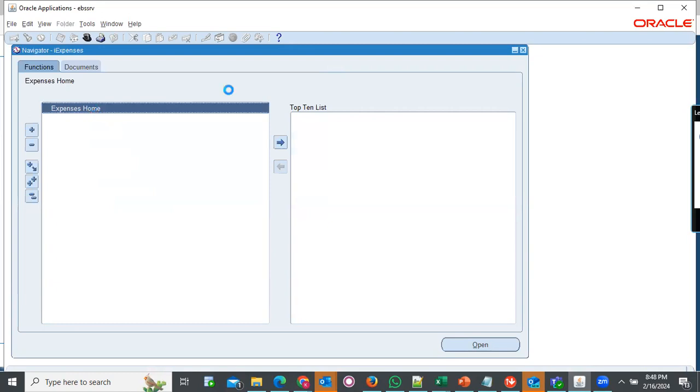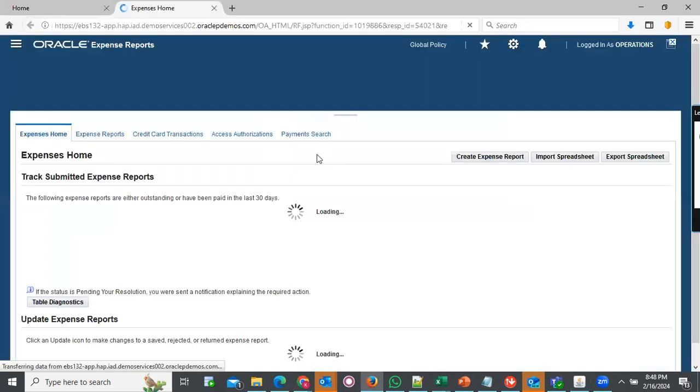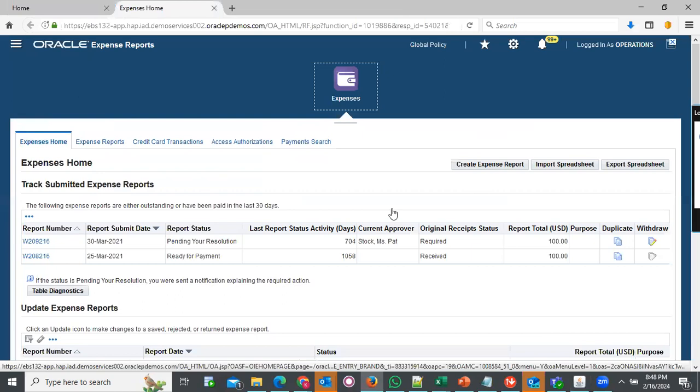This is the expense home function. If I double click it, it will navigate to the web page form, and this is where you can create the expense report. At the moment, you might find sometimes the kind of expense you want to create is not defined. So for instance, let's first try to see what I mean. We select create expense report,